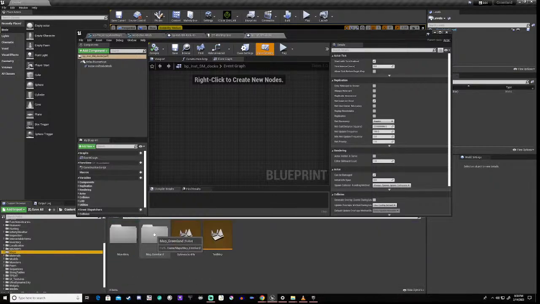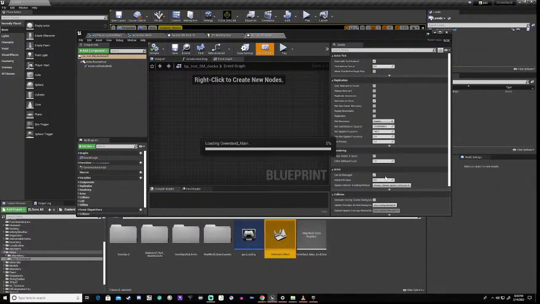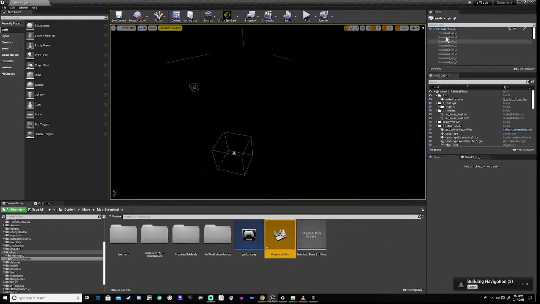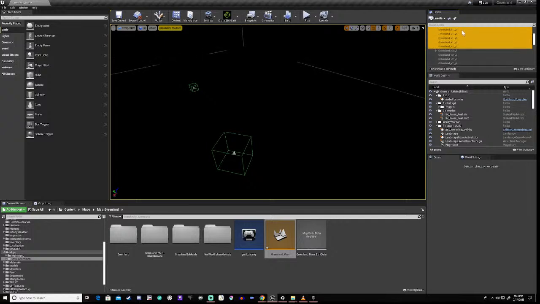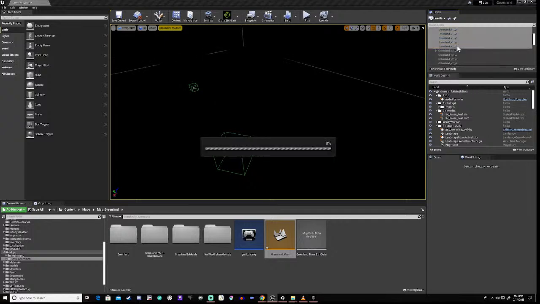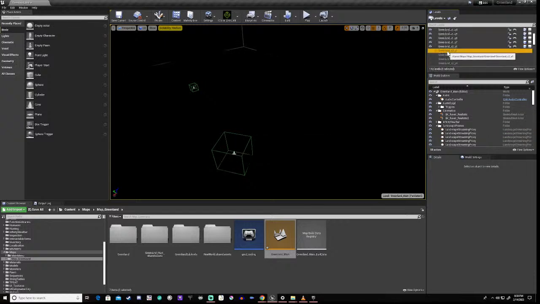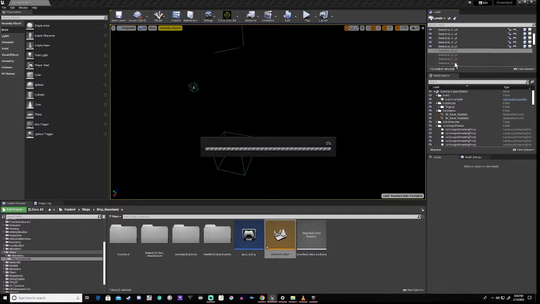So we're going to open up our main map, right? We're going to minimize that. Okay. Then we're going to grab that and we're going to come here and we're going to load it. Then we're going to load that.